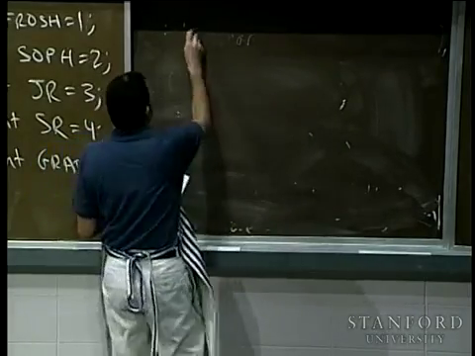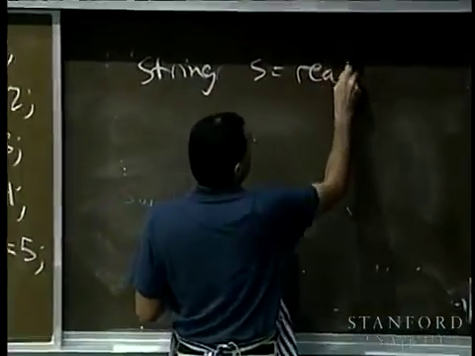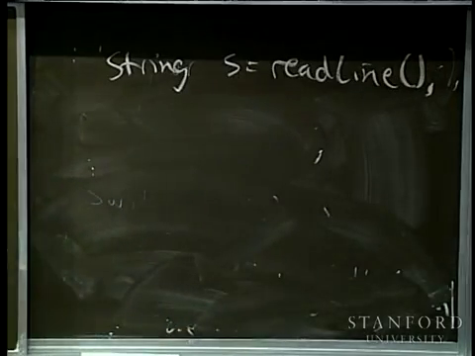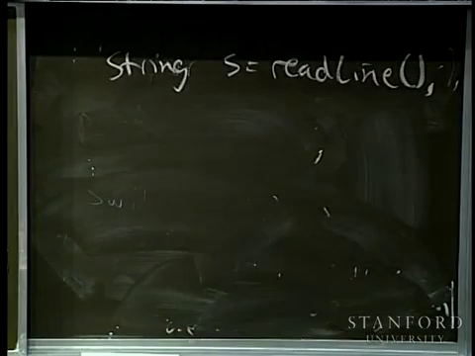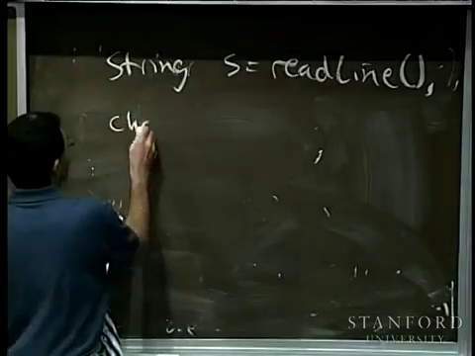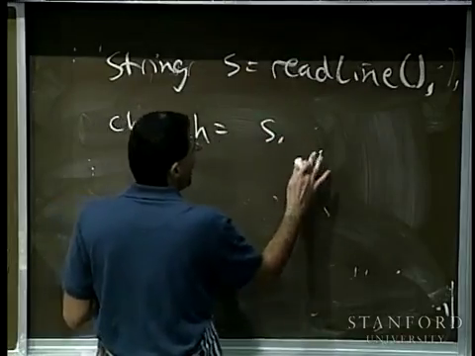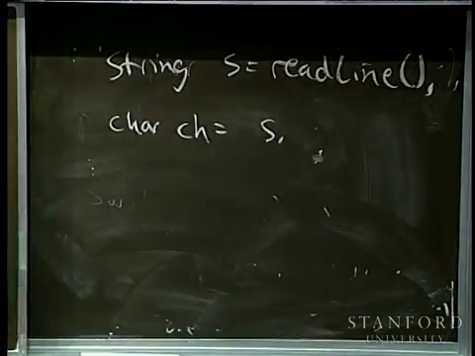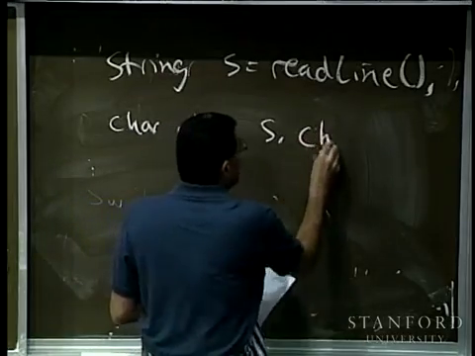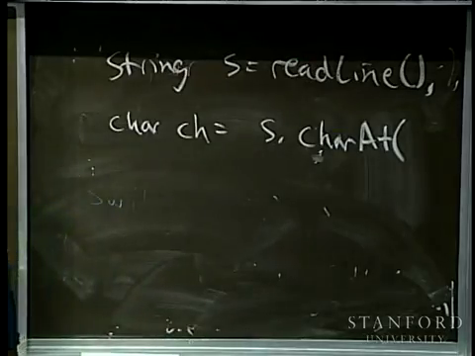So I'm going to have some string. And that string s, I would read a line from the user, and that's going to be a whole bunch of characters that are stored inside that string s. And now I can pull out individual characters using something called charAt. So I can say char ch equals s dot, and the string objects have a method called charAt,